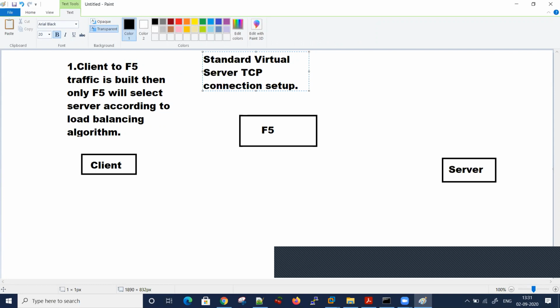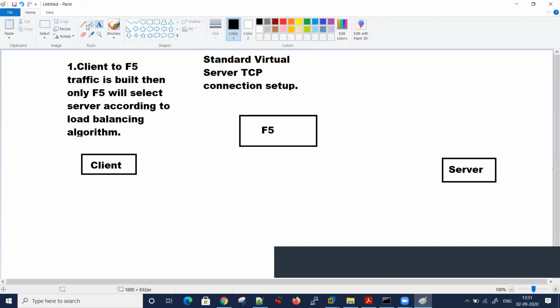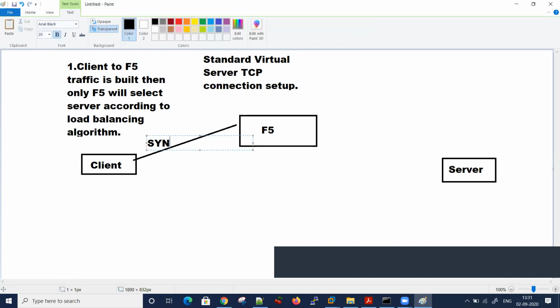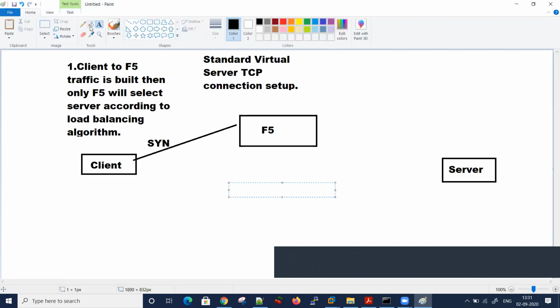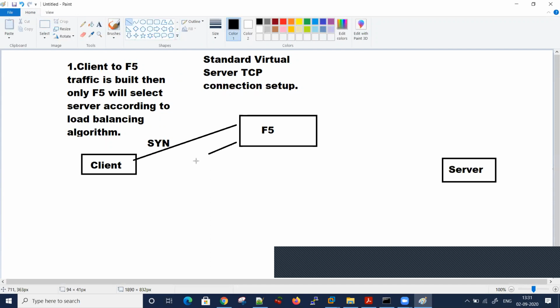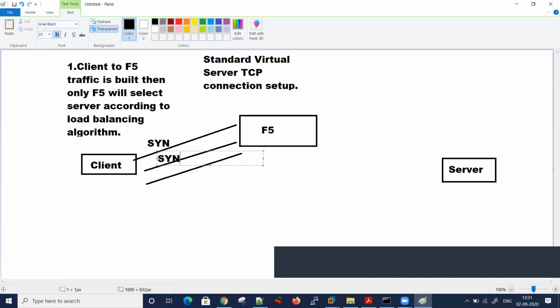So in this case, your client will first send SYN packet. Then F5 will send SYN-ACK, then client will send ACK. In that case, F5 will not do any selection of server because first it will wait for the three-way handshake between your client to F5.